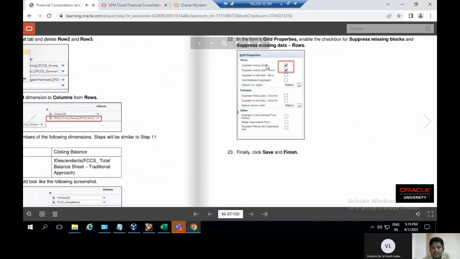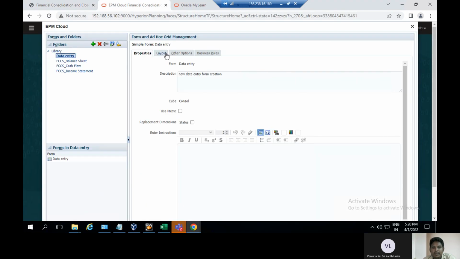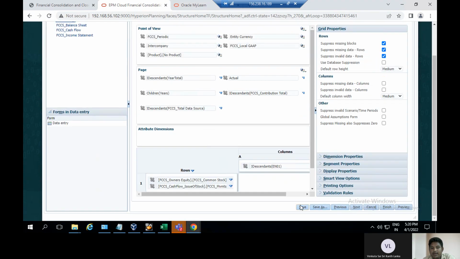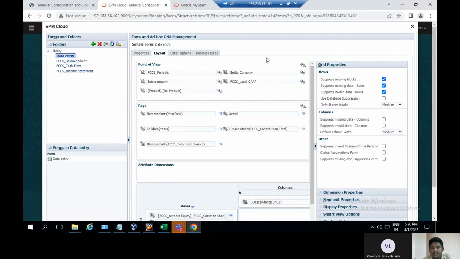here the grid properties is there. Enable the checkbox suppress missing and data rows. Okay, I will enable it, go to the layout. Under the grid properties is there, suppress blocks and data blocks and rows. Okay, and then save, and then after how to assign the